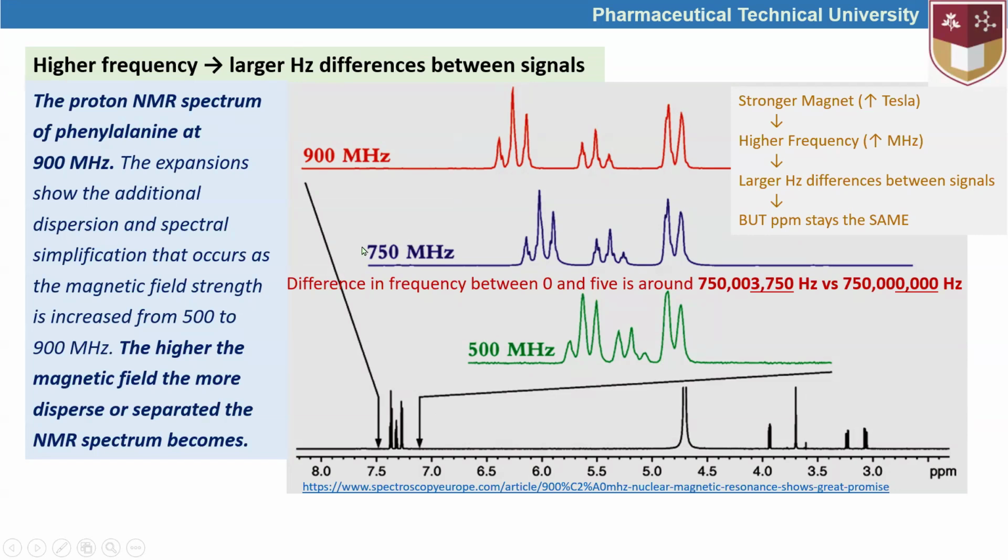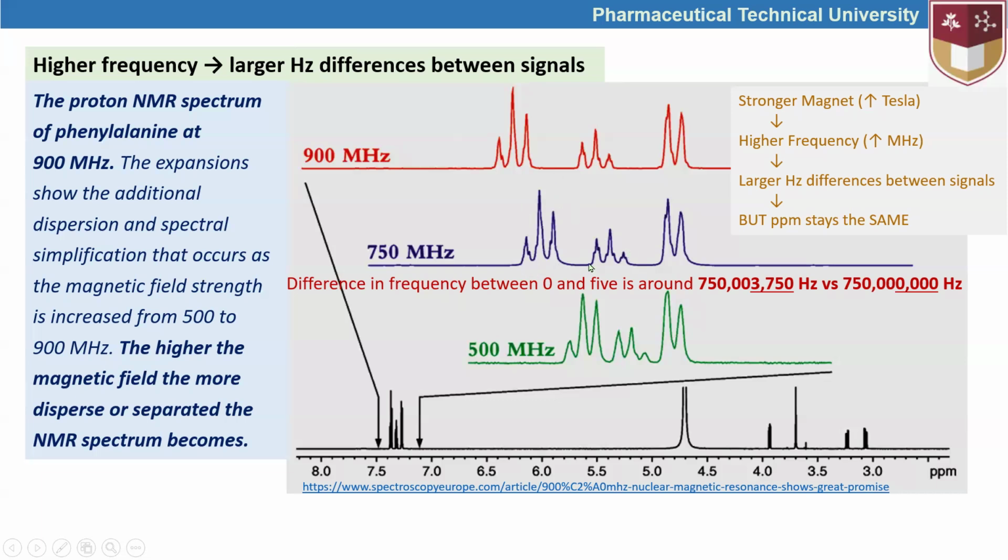But if we use 750 megahertz radio frequency, we can have quite good differences between the signals, so that we can really identify the belongings of these three peaks,